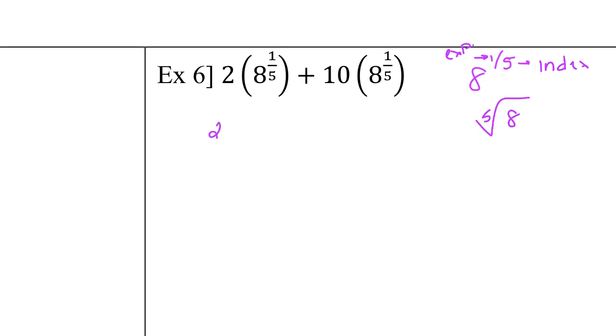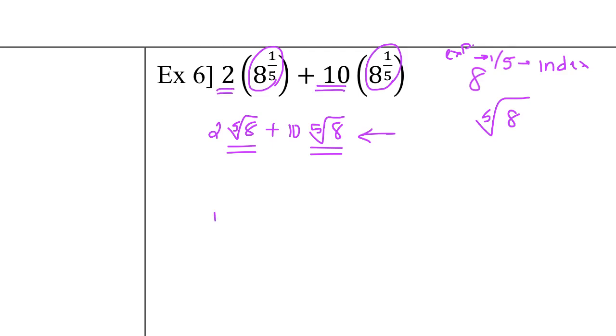So what you really have here is 2 times the 5th root of 8 plus 10 times the 5th root of 8. This is actually adding like terms because you have the same radical on both terms. So when you see this added to the same, you're really just adding up like terms. So we can skip this whole step here and just go to the addition. So 2 plus 10 makes 12, 8 to the 1/5